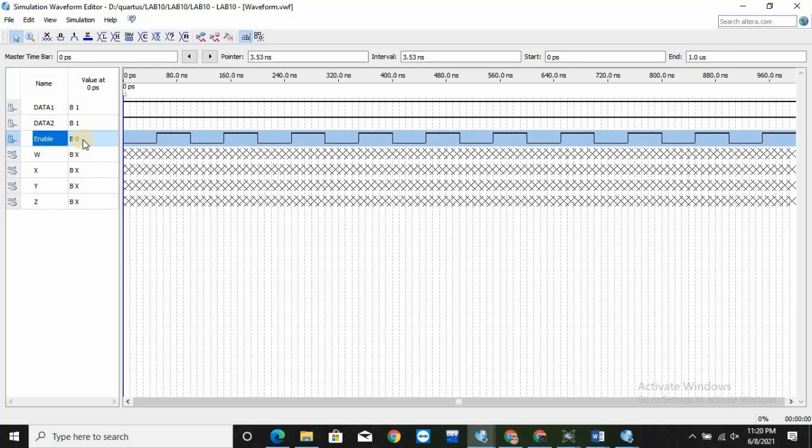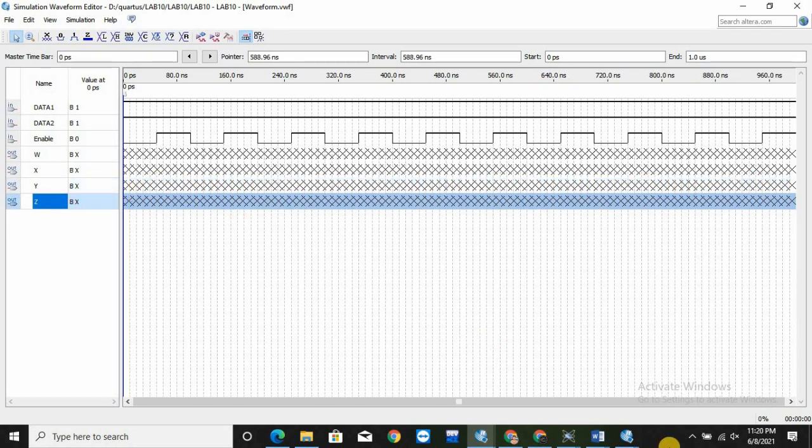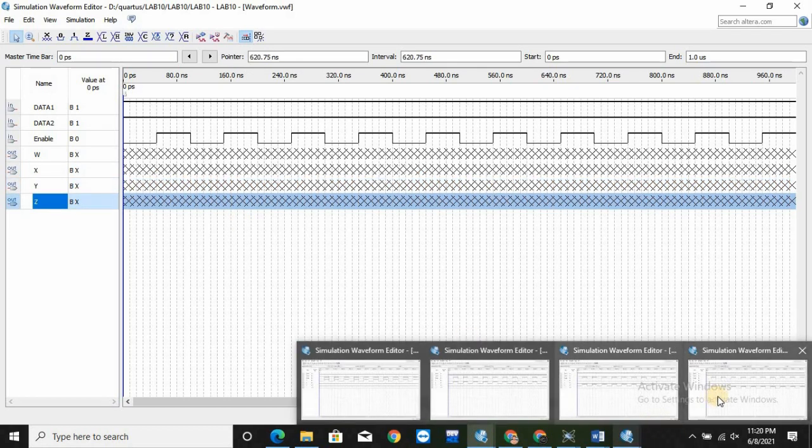Coming to its simulation, I will be changing data 1 and data 2, and we'll be getting our output at W, X, Y and Z. I have already simulated it for all 4 conditions.